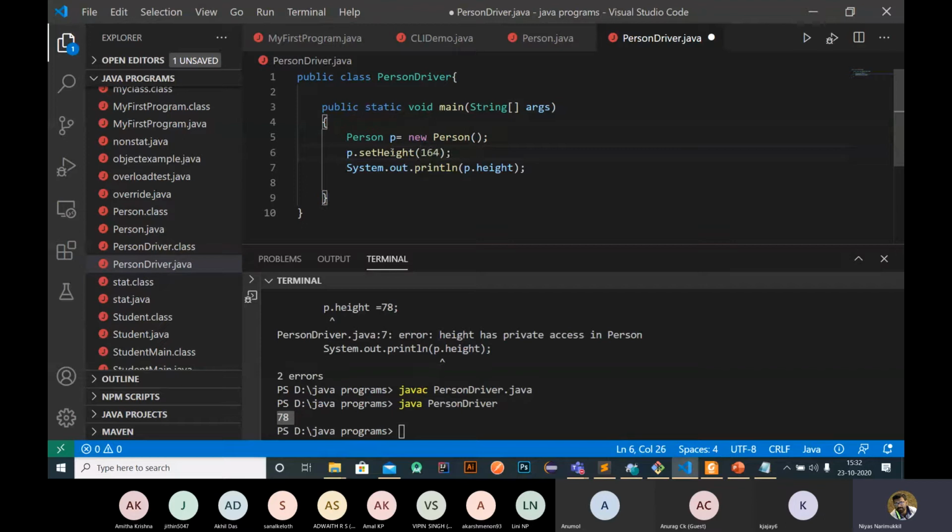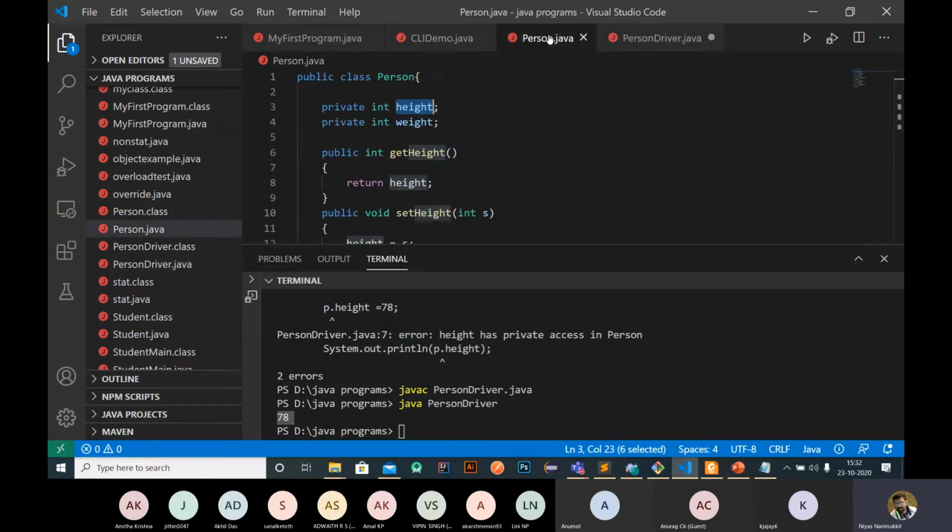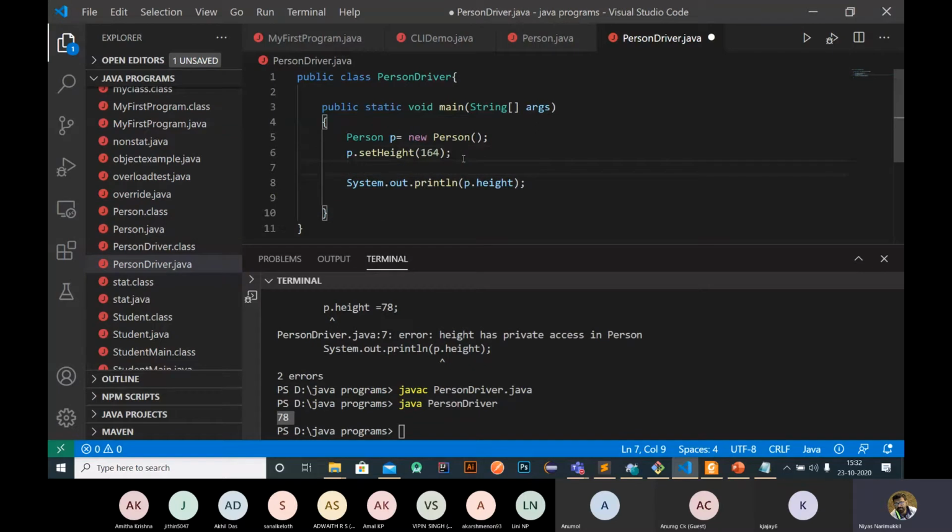It will set the variable height as 164. If you want to set the weight, we need to use the setWeight method. setWeight of 72 kilograms, like that, 72, right?